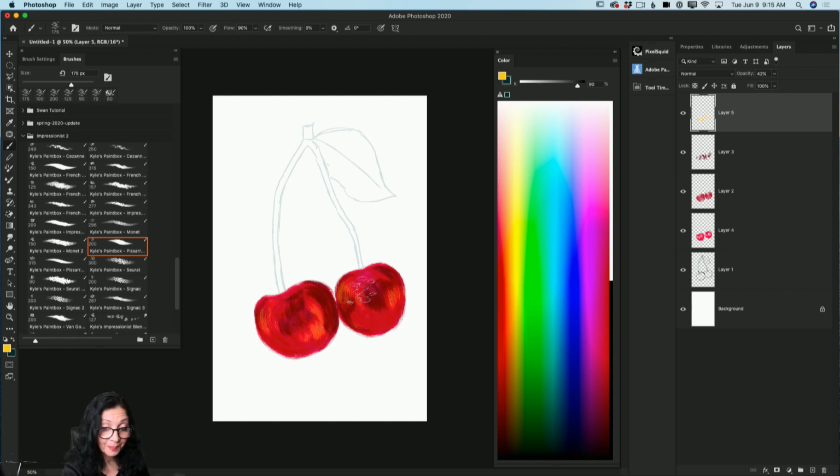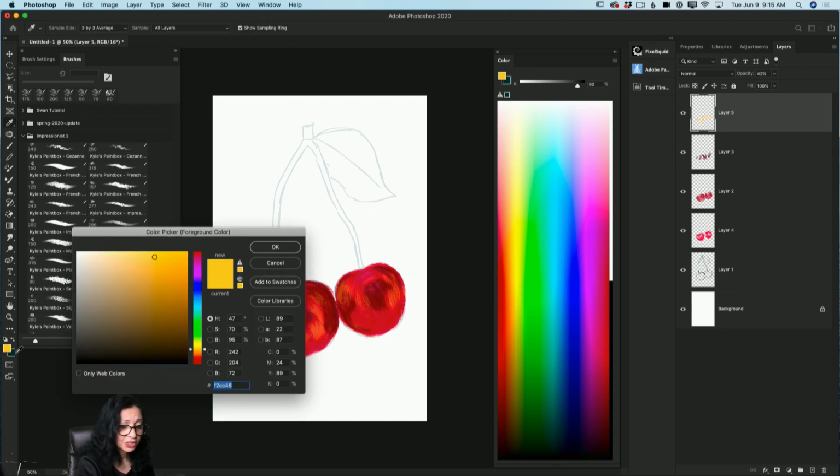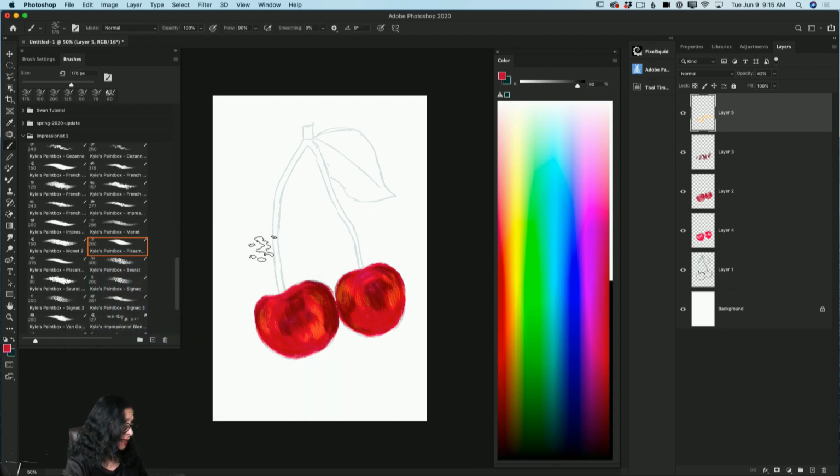You can blend all colors in the way you like, or you can leave each brush stroke separately. It's up to you. Just like that. And now guys, you basically can continue working on your painting, switching between different colors, and building